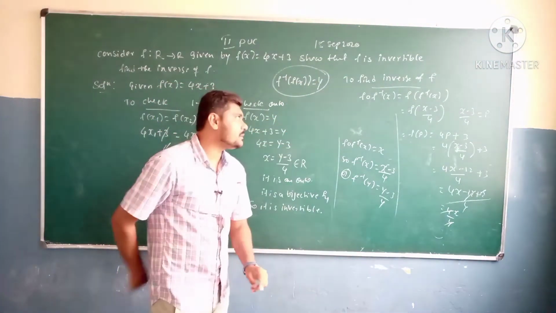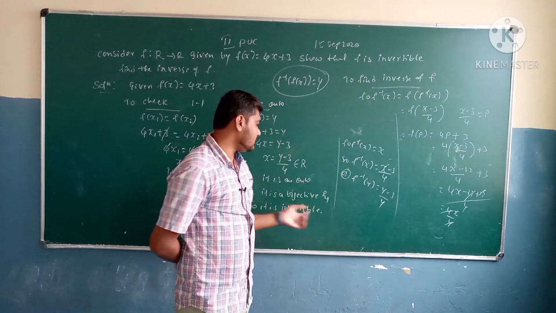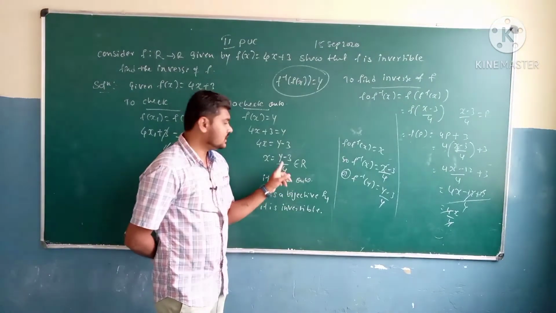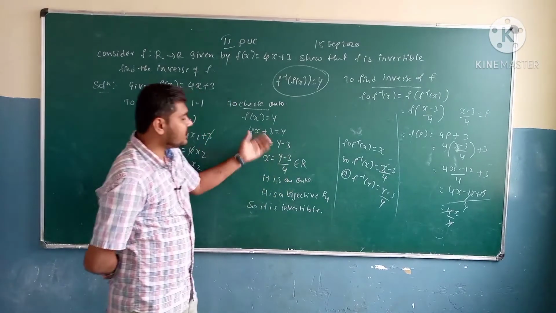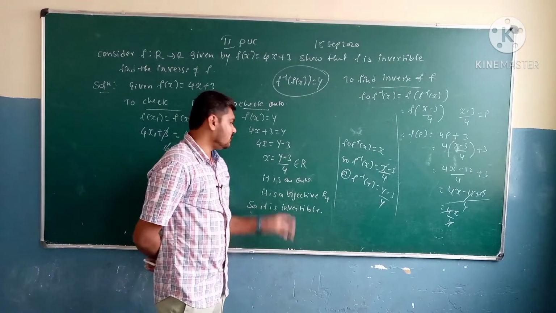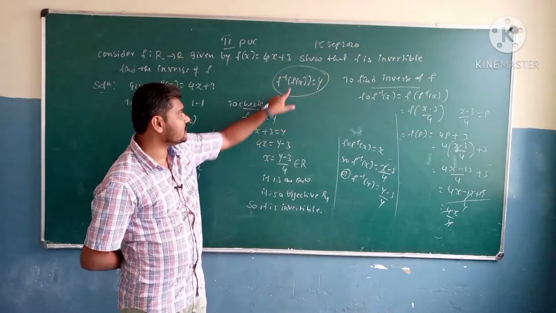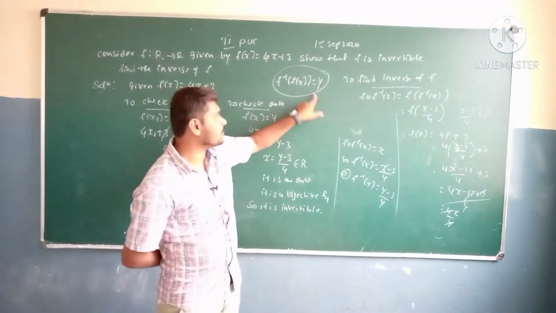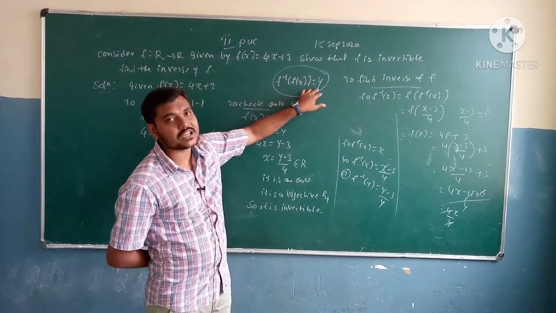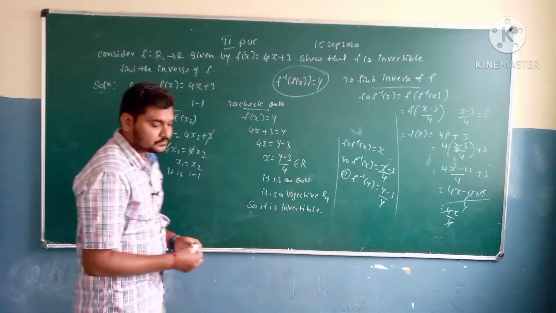So next, to find the inverse, we need to take f of f inverse of x. If we take f of f inverse of x, we take f inverse of x from the onto function, where we have y minus 3 divided by 4, right? y minus 3 divided by 4 comes. So next we are going to assign it in the place of x. So x minus 3 divided by 4 comes. If you give it in y, you have to give it this way. Do you understand? So we get f inverse of x here, and f of x we consider here. So next we get y. You check this. So check at your home that f inverse of f of x gives y, then we can say that it is an invertible function. Okay? So just pause the video and see.